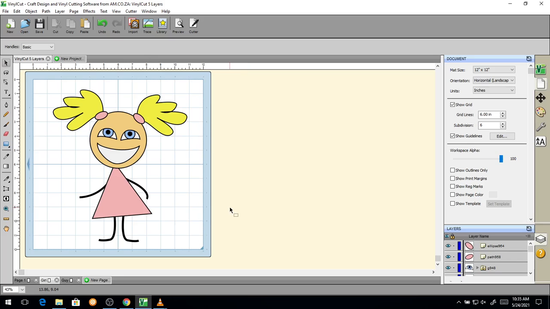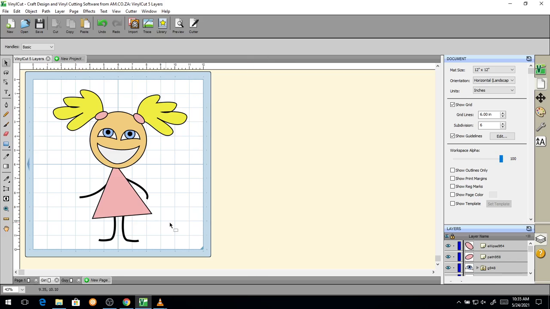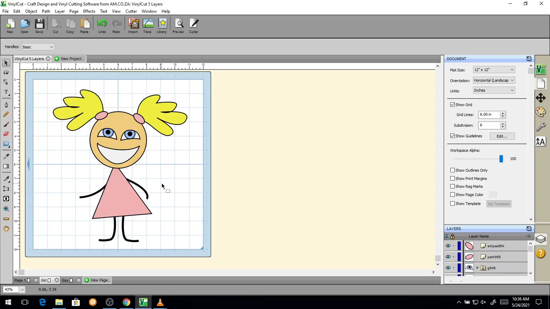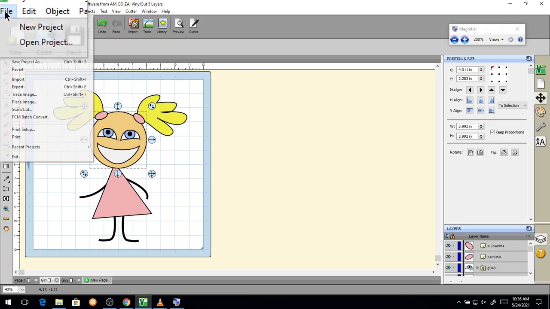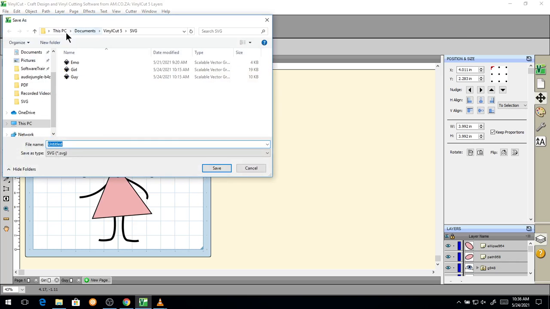And then that'll be a good reason to export it out of your cutting program. So now you can export selected graphics or everything that's on the page, but keeping in mind with SVGs you cannot export pages itself. It will only export whatever's on the current page. So if you have something on another page, it will only export the page that's open. Now to export, let's say we go here on top to File,